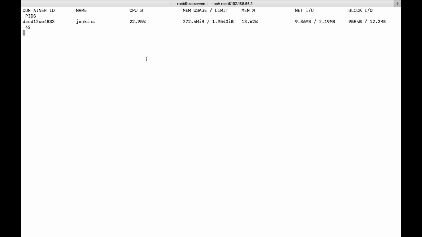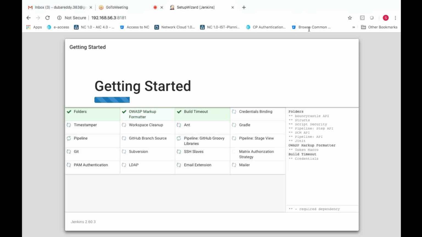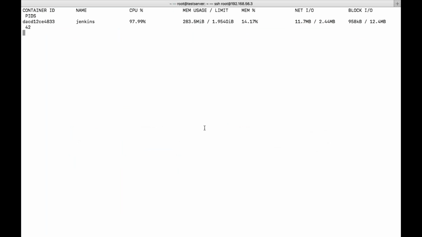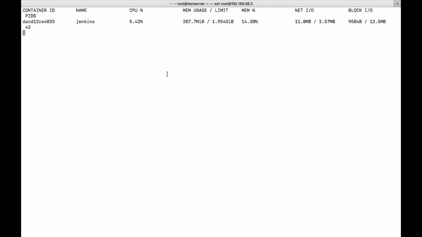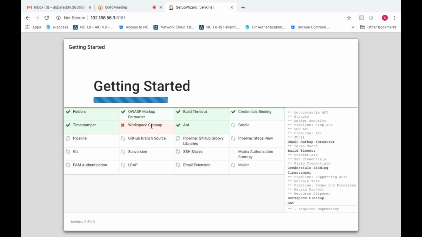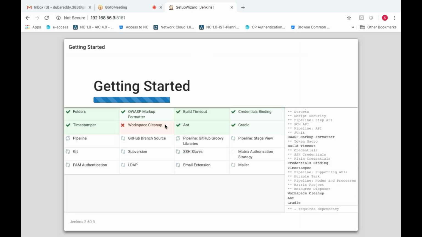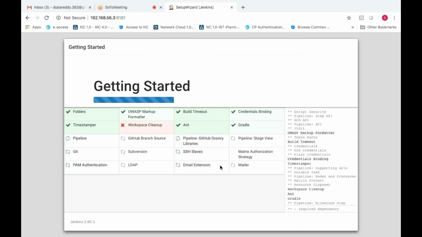This is the memory usage, process usage. Memory is like 13% used because it is trying to install something. And CPU utilization is also high because there is some process running in the background. So workspace cleanup is not installed. We'll see.